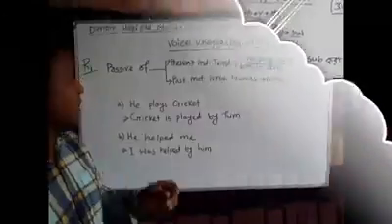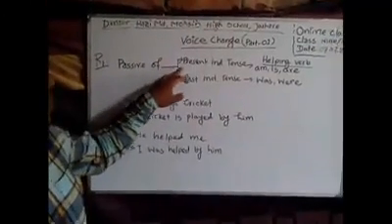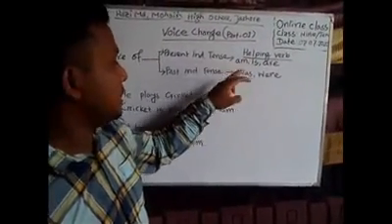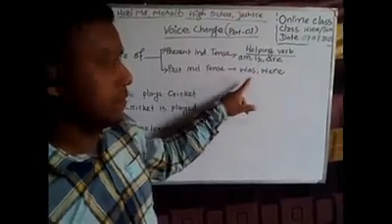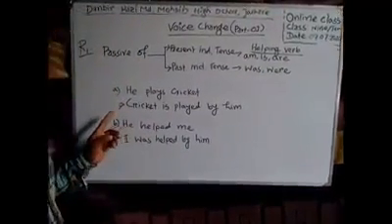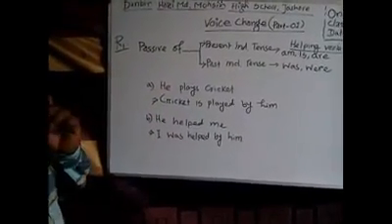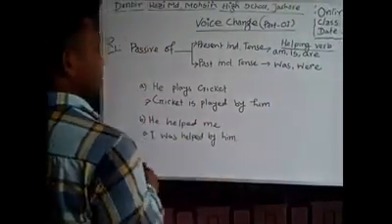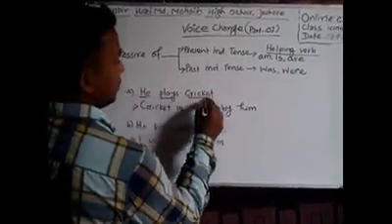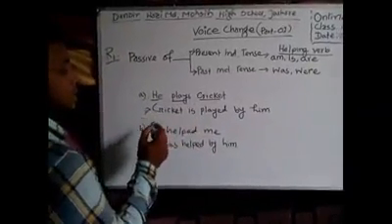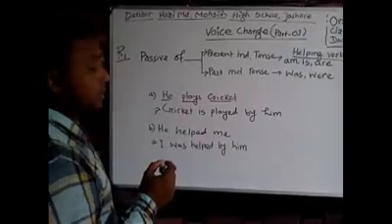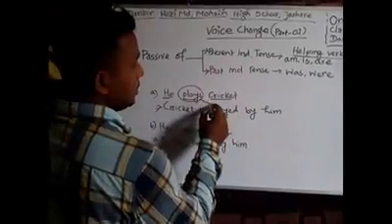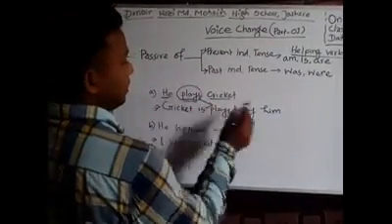So I am going to write some rules. So look at me. Rule number 1: passive of present indefinite tense and past indefinite tense. The auxiliary verbs in present indefinite tense are am, is, are, and in past indefinite tense, was and were should be used. So the example: he plays cricket. This is the example of present indefinite tense. So the auxiliary verb should be used: am, is, are. This is subject, verb, and object. So the subject cricket, purpose is singular number, that is why is should be used. Cricket is played by him.